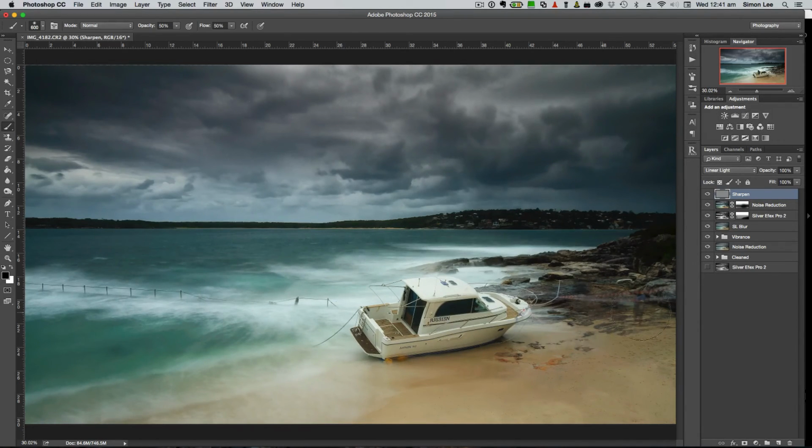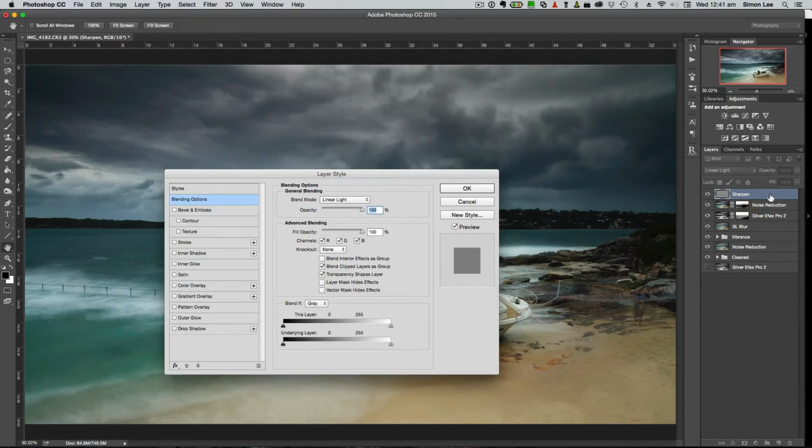So we say, okay, so we're at about a 1.3 at the moment. We want to do another layer blending style. We want to do a blend if on this layer. So we double click that layer. We don't actually want to sharpen anything that's really white, and we don't want to sharpen anything that's really black. So we're going to move the slider down to